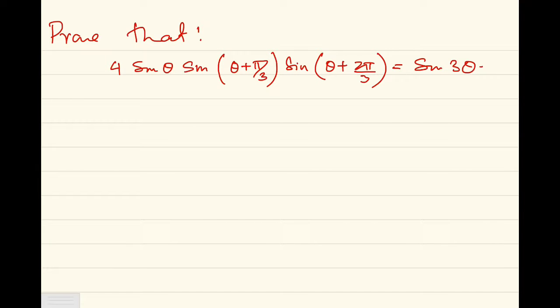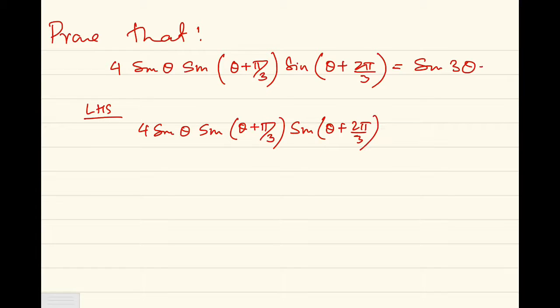So what I will do is, let me copy the left hand side first. So 4 sine theta, sine theta plus pi by 3, and I have here sine theta plus 2 pi by 3. Look carefully. Now I will pair these two up. Again, let me show you. I'll pair these two. So out of the 4, I'll write 2 sine theta here,